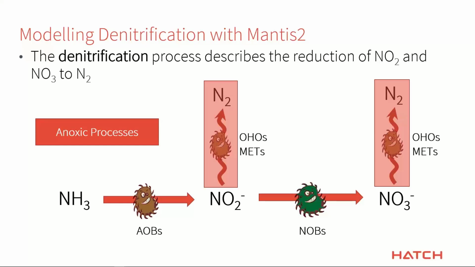Now, as I will show you a bit later, you can have simultaneous nitrification and denitrification by operating at a real sweet spot there in the middle. And we'll use our sensitivity analysis a bit later on to find out where that is. But these processes are all set up in GPSX, in the Mantis 2 model, to be able to do denitrification with these 2 different biomass types. There's actually a few others that do it as well, but I'm just going to stick to talking about these